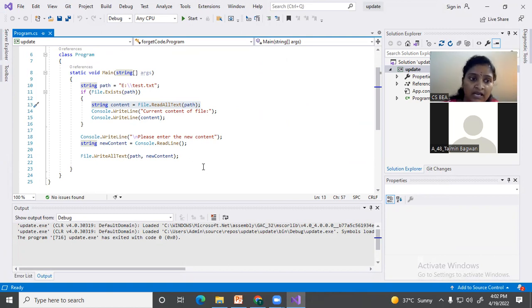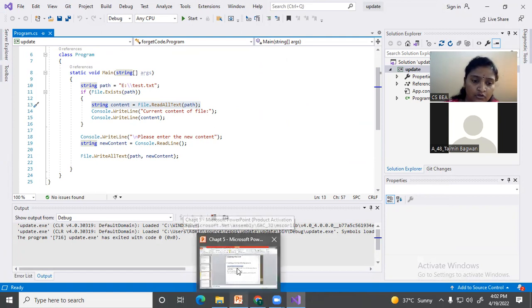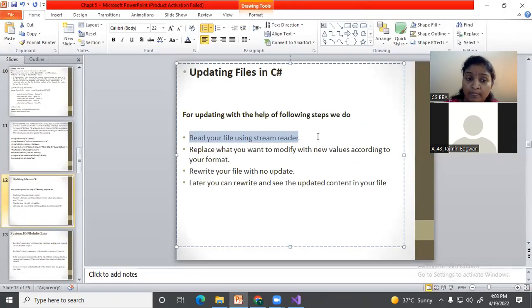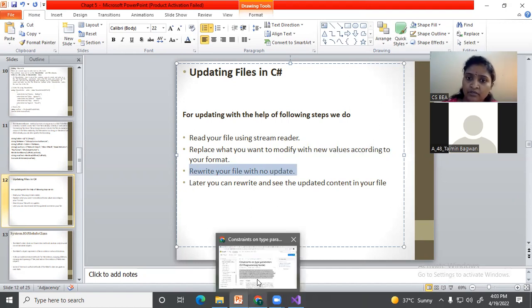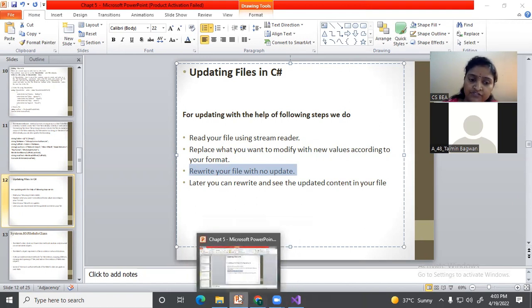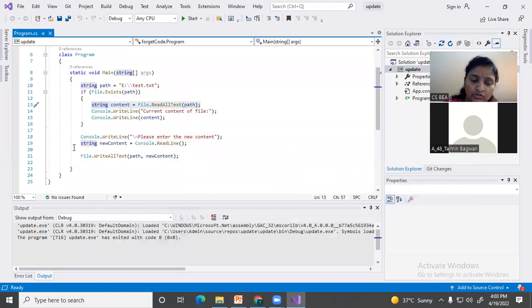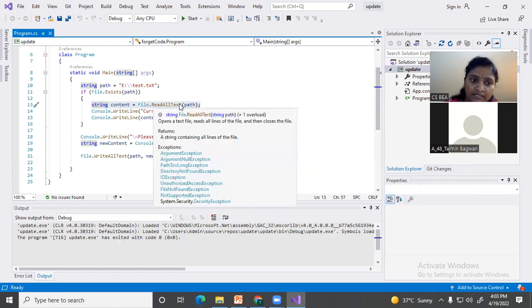Stream reader and writer. First, a simple thing I have gone through. First of all, read your file stream path, whether it exists. If it exists, then read the content. Later you replace that content. Again, you have to read that file, and you can see that file name with the use of stream reader. So the content, what I have done, ReadAllText, as similarly we had taken in the reading form,